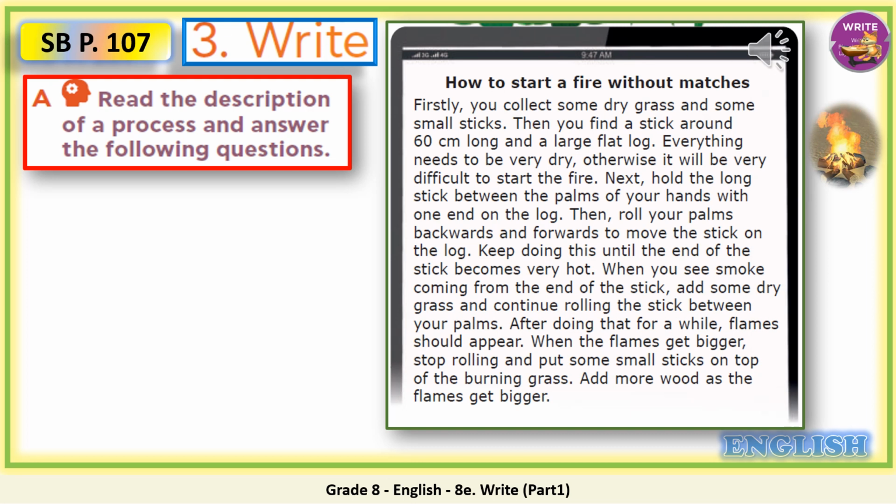How to start a fire without matches. Firstly, you collect some dry grass and some small sticks. Then you find a stick around 60 centimetres long and a large flat log. Everything needs to be very dry, otherwise it will be very difficult to start the fire. Next,